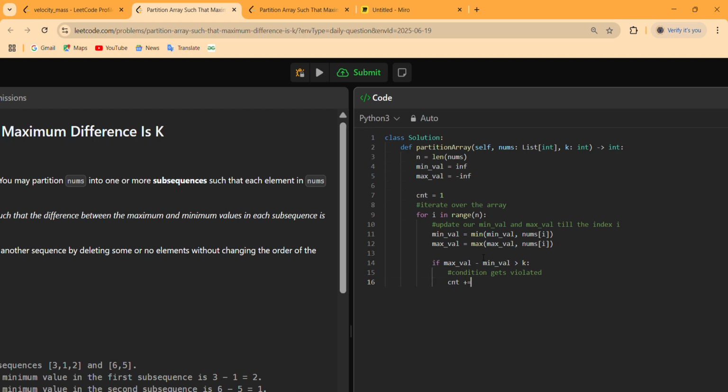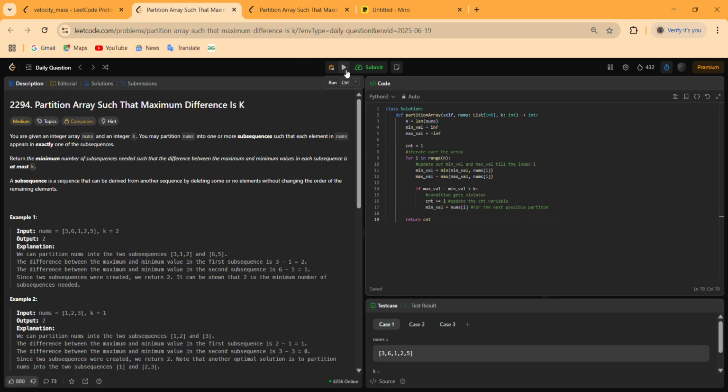And what we have to do now is update our CNT variable, and update our minimum value to nums of I for the next possible partition. After doing this, we have to simply return our CNT, and let us check if it is running fine or not.